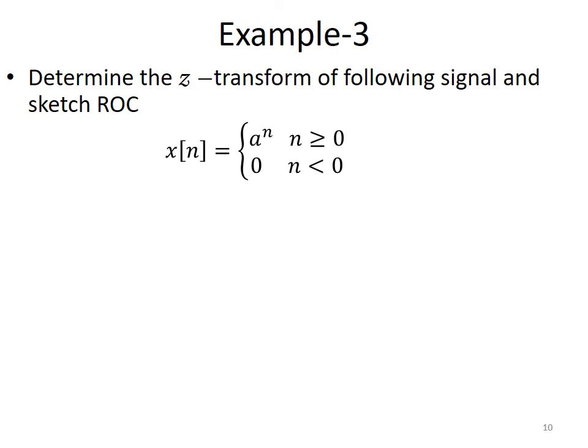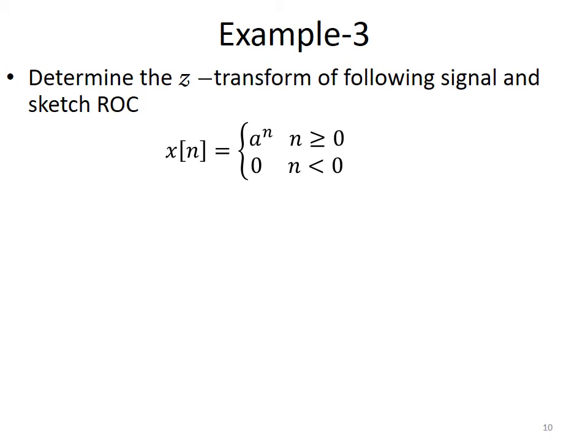Similarly, in example number 3, we have another infinite series, and we have to find the Z transform, and now we will sketch the region of convergence in the Z plane. So x of n is equal to a power n when n is greater than or equal to 0, and it is equal to 0 when n is less than 0. So this one is also a causal sequence. A causal sequence